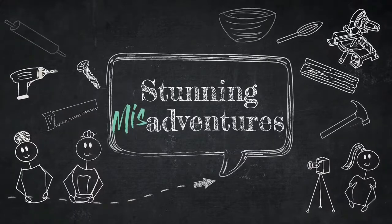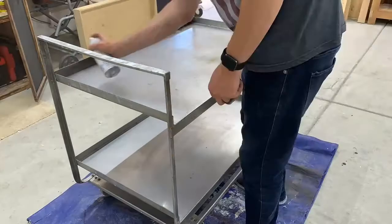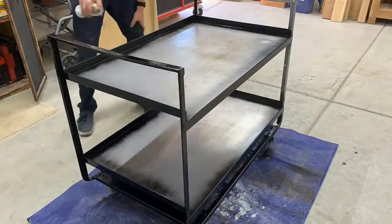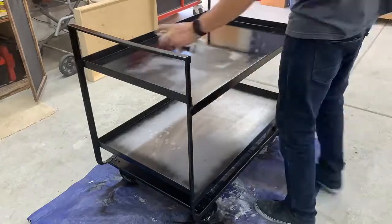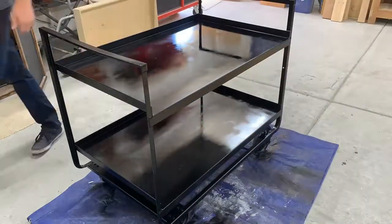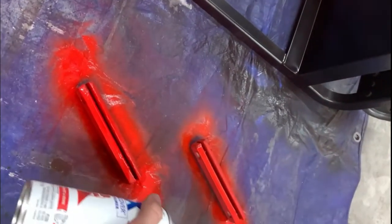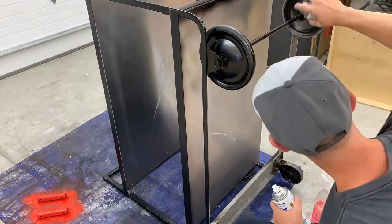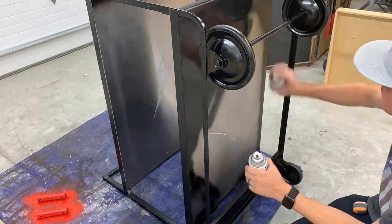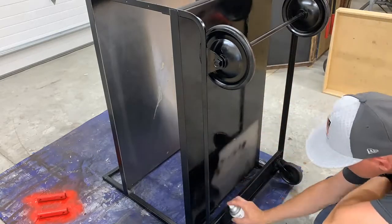Today we are going to be working on a sanding table made out of an old cart. This cart used to be my grandpa's, who passed away in July of 2019. My grandpa loved to collect many different items, and this ended up in my dad's barn. My dad recently sold his property, so he needed to get rid of a lot of stuff in his barn. So this is one of the things that he handed down to Brandon and I, which is pretty cool because